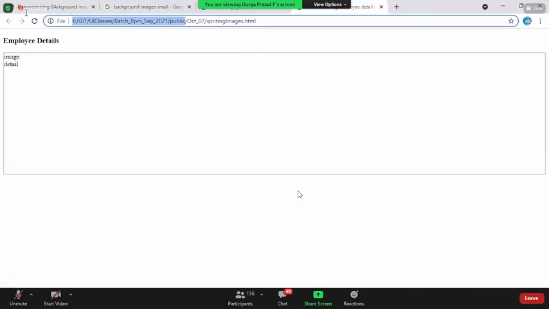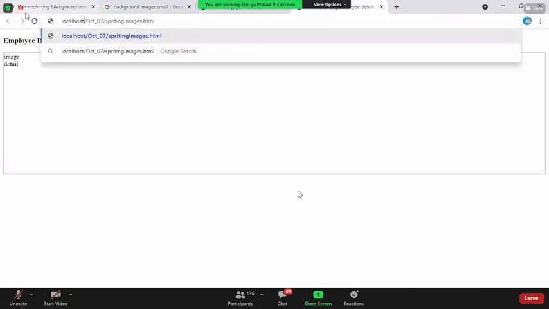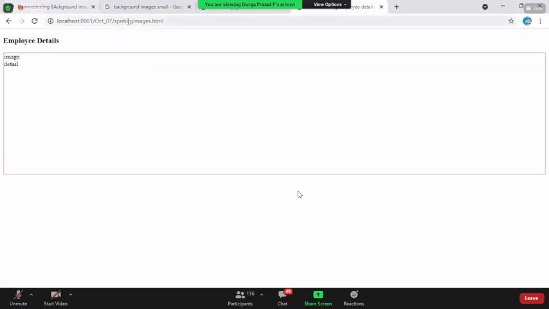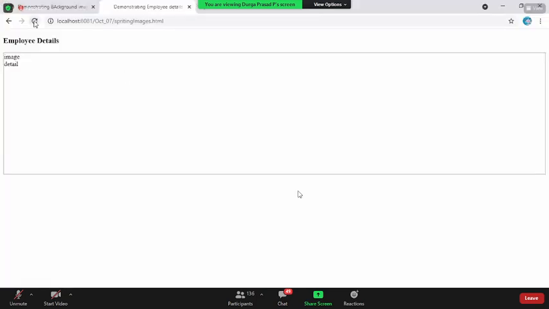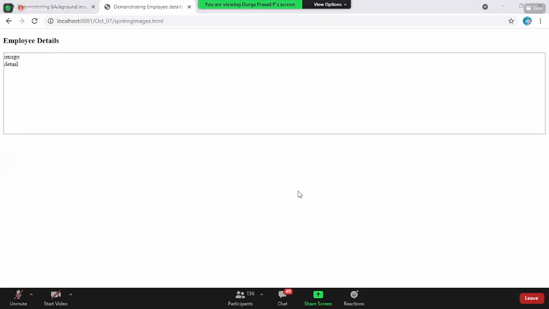I don't want to run it from the F drive, so I use localhost colon 8081. Let me decrease the height here and make it 200. Okay, this is how I have it.